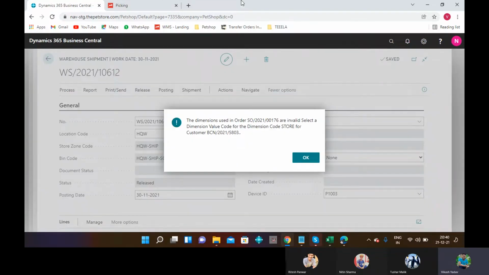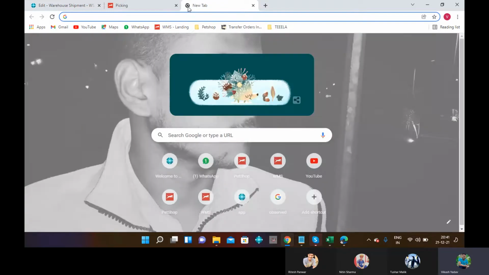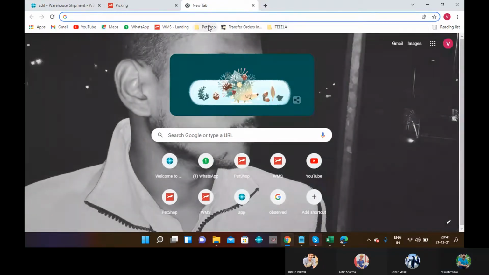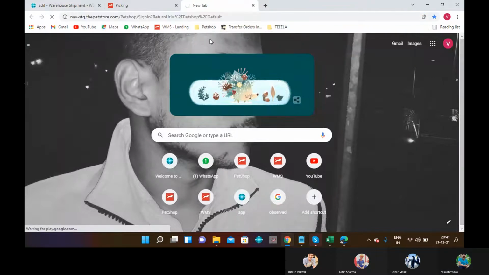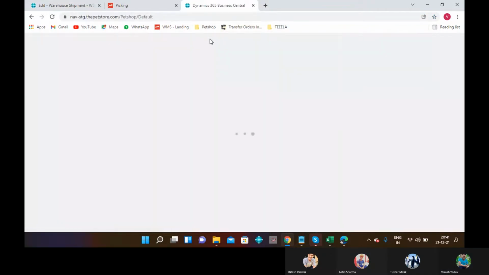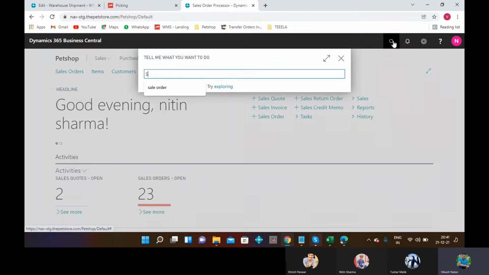So first, there is a dimension store code. So we go to sales order to update the store dimension code. Go to select sales order.